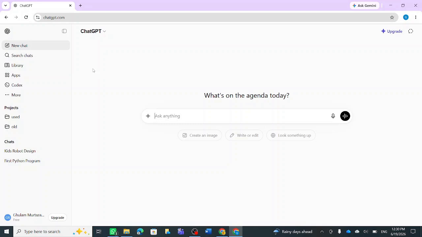When you open ChatGPT for the first time, it will ask you to sign up. You can just sign up with your Google account. It is as simple as that. And with ChatGPT, you can just start asking questions. First of all, you need to tell ChatGPT who you are and what you are looking for. Let's say I introduce myself.